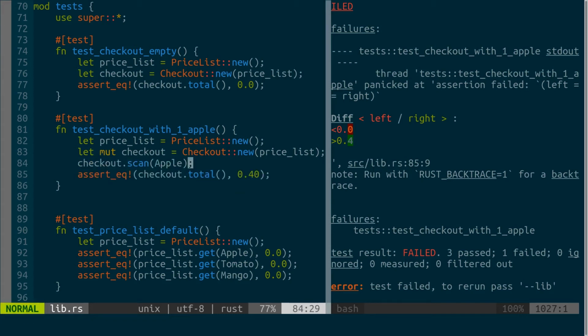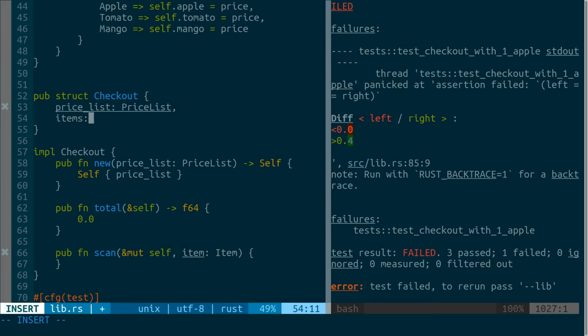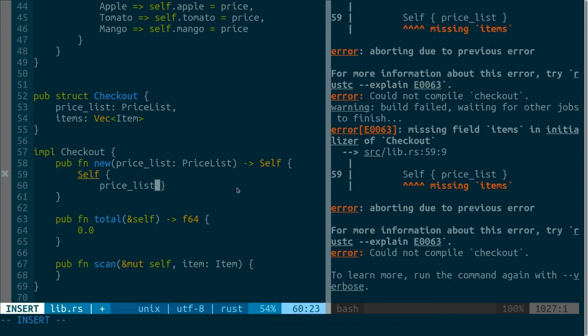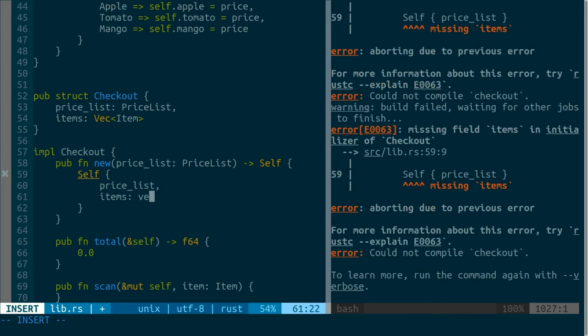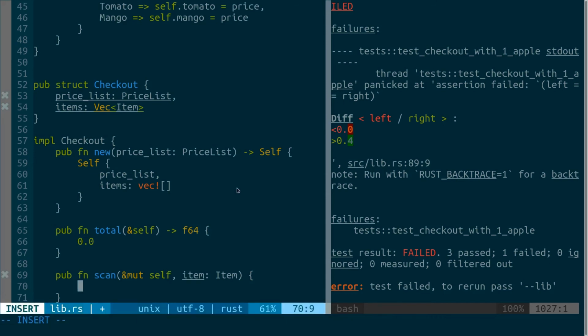This test fails because scan and total still need to be implemented properly. Now, what are we going to do? So scan should somehow save the fact that an item was scanned, and for that we would need some properties, some fields in checkout. So let's create an items property. It's going to be a vector of items, and when we initialize our checkout, we set items just with an empty vector, so it compiles, and now when we actually scan, we need to add this item to items. So I do items push item,